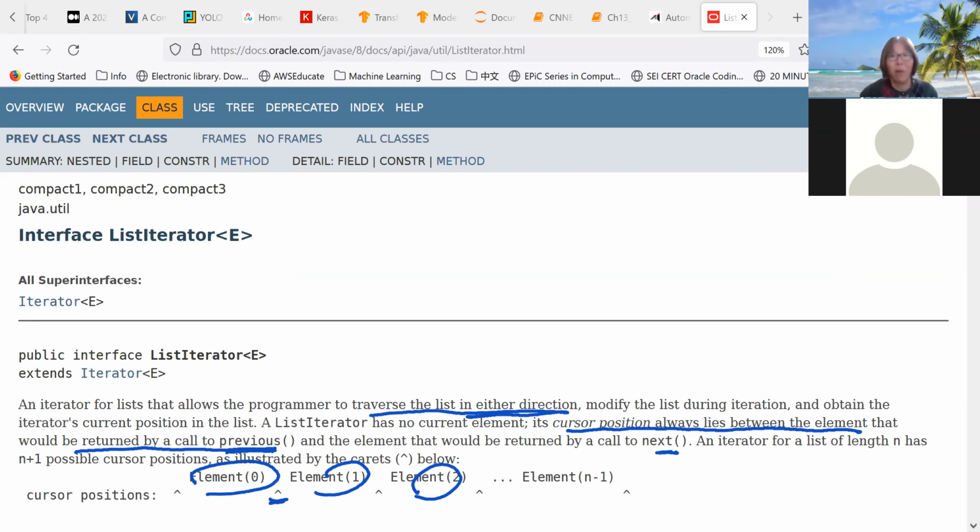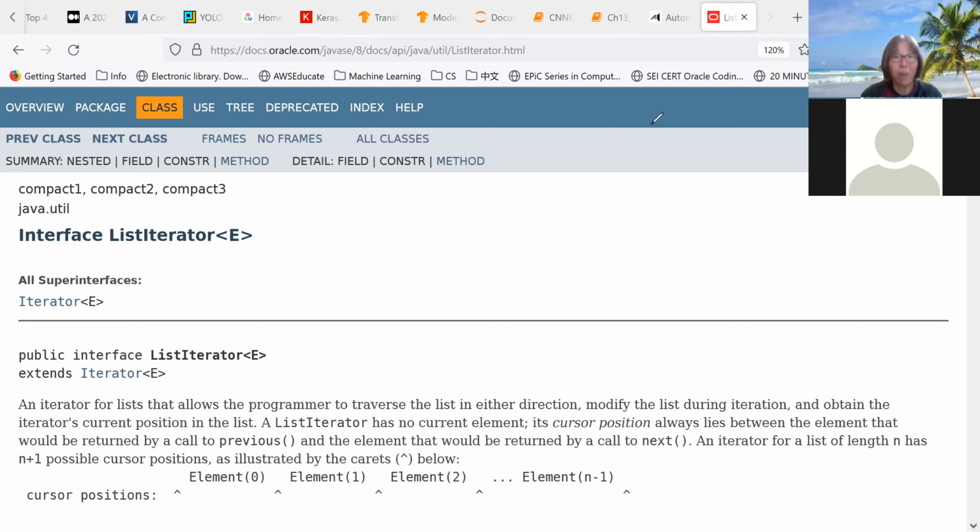Okay, so that's the general information about linked list. Basically we complete our discussion about